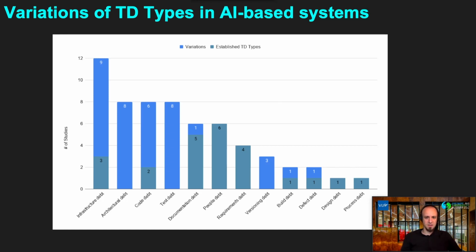The third most recurrent type is code debt, which reflects the experimental nature of AI-based systems and can lead to the appearance of dead experimental code paths or suboptimal refactoring of experimental models in order to make them production ready. Test debt is another category which exclusively showcases variations, and this case regards deficiencies in testing AI models and pipelines,